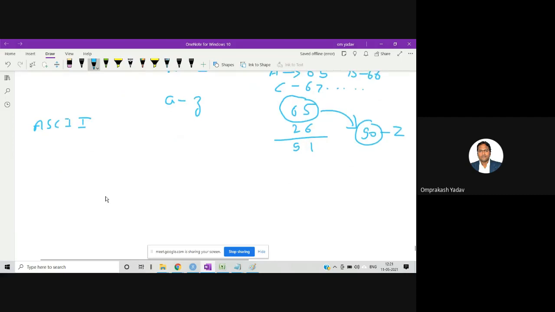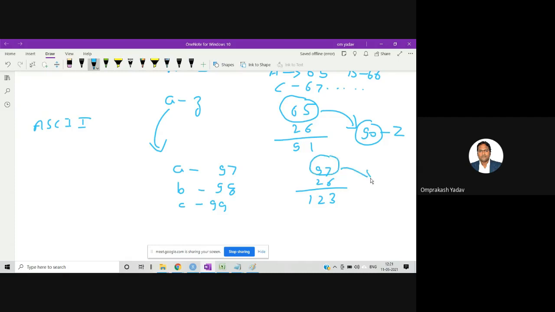Similarly, the ASCII code for small letters: small letters will start from 97. Then small b is 98, small c is 99. If you add 26 to 97, we'll get 123. But including 97 also, it will go up to 122.